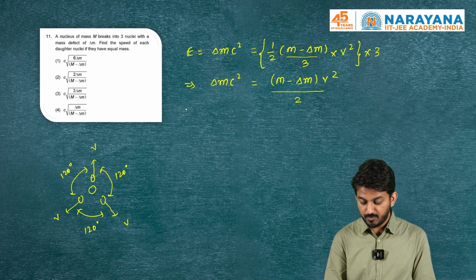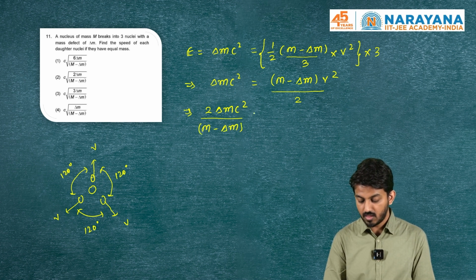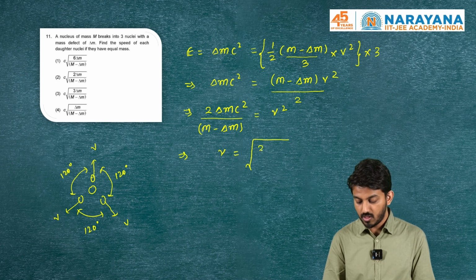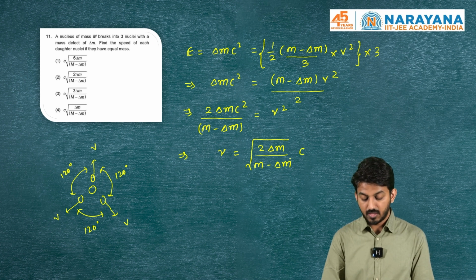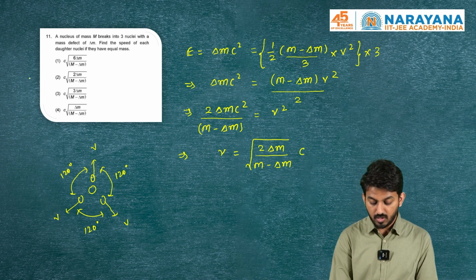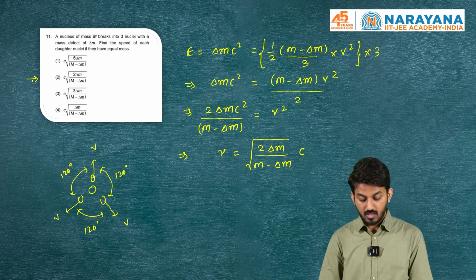So the speed of each: 2 delta m c square divided by capital M minus delta m is equal to v square, giving us eventually v is equal to root over 2 delta m divided by m minus delta m, times c. So the correct answer here comes out to be option 2. Moving on,